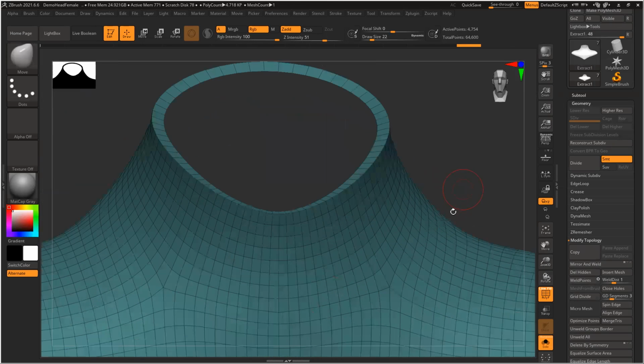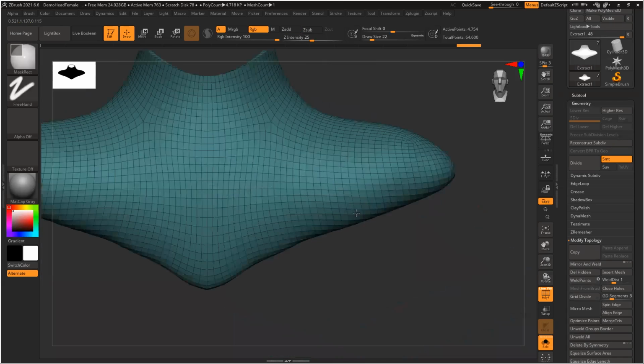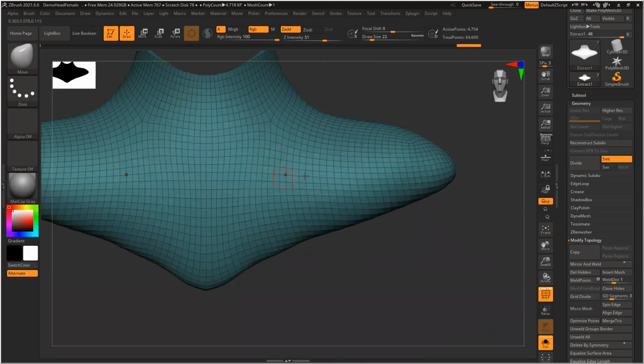ZModeler, or suppose, okay, there are lots of ways. Suppose this is my thing and I want to delete one part here, right? Yes. I'll create a mask here, Control W, create a separate polygroup, and then delete it. Okay.